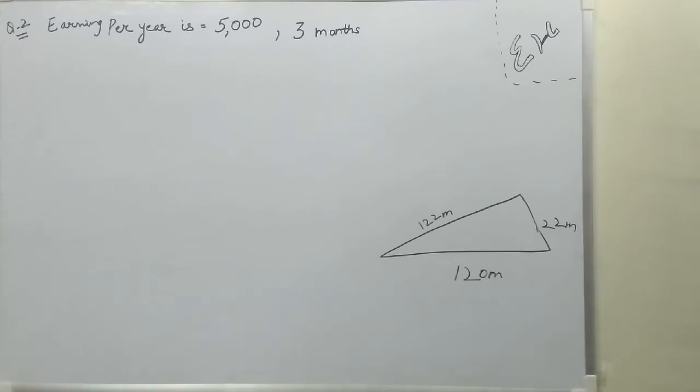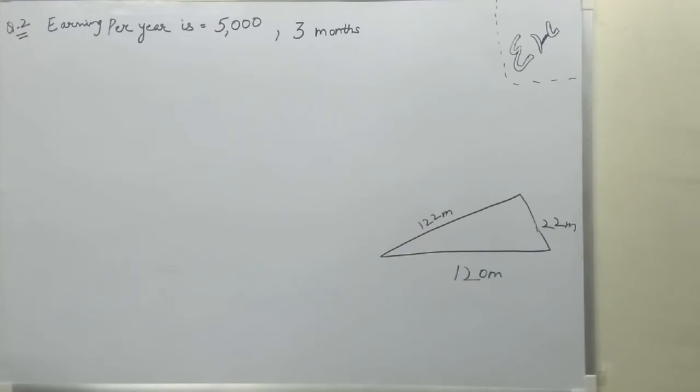Now we will do question number 2. The triangular sides of a flyover have been used for advertisement. एक फ्लाईओवर है, उसकी जो ट्रायंगुलर साइड्स की वॉल है वो हम एडवर्टीजमेंट के लिए यूज कर रहे हैं. The sides of the walls are 122 meter, 22 meter and 120 meter. As you have seen, I have drawn only the triangle but in the book you have the complete figure.